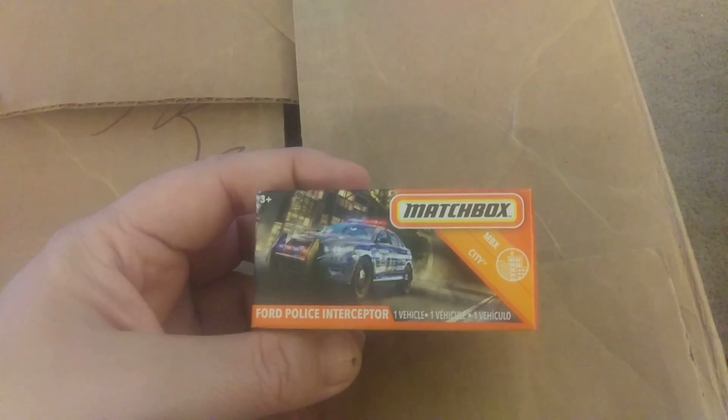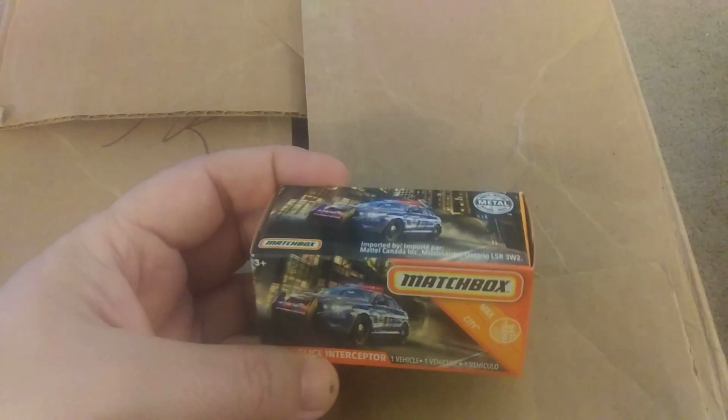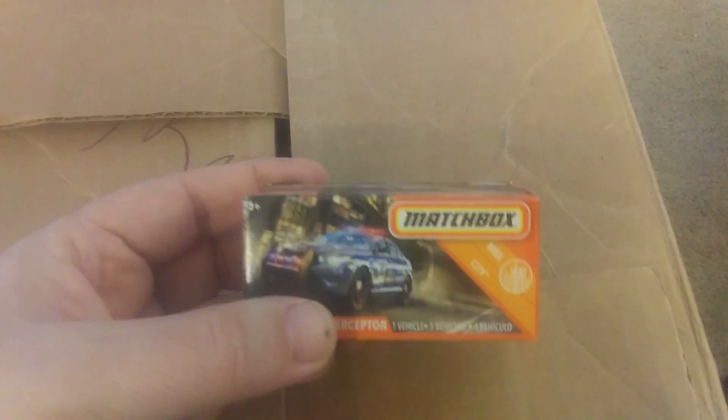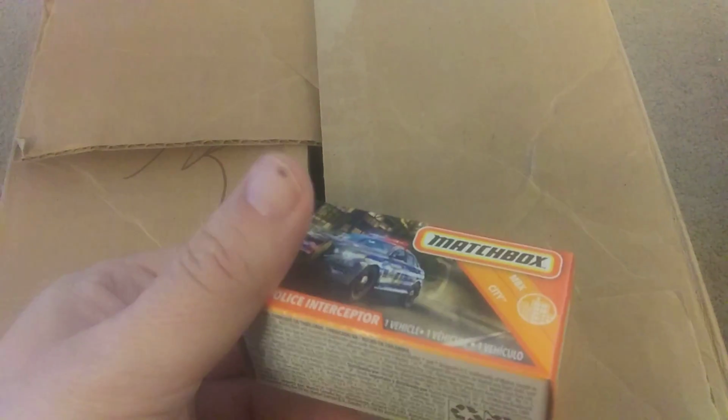Then we got the Ford Police Interceptor based on the Taurus SHO. Kind of a cool car. I've had a few Tauruses. They're not bad for what they are. I never had an SHO. I'd love an SHO. But anyway,